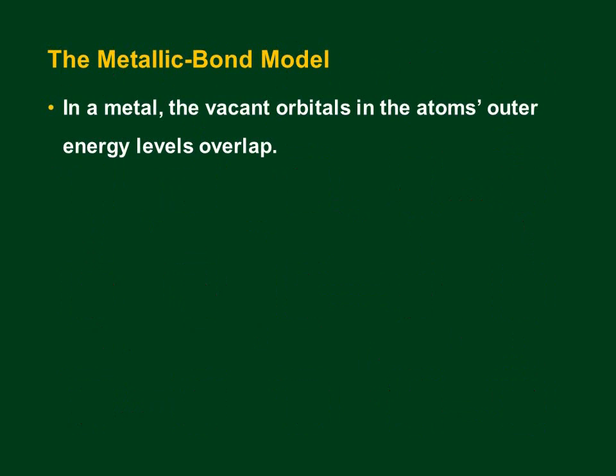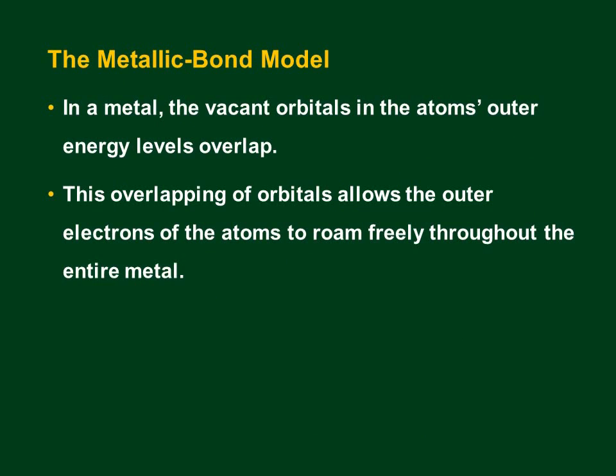So the metallic bond model: in a metal, the vacant orbitals in the atom's outer energy levels overlap. The empty orbitals of each atom overlap with other atoms and form a band. This overlapping of orbitals allows the outer electrons of the atom to roam freely throughout the entire metal,